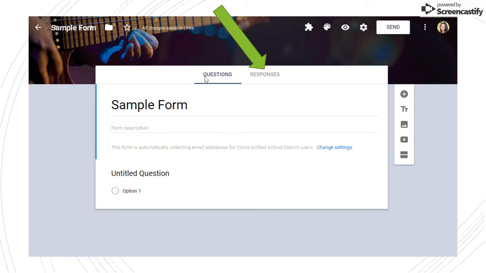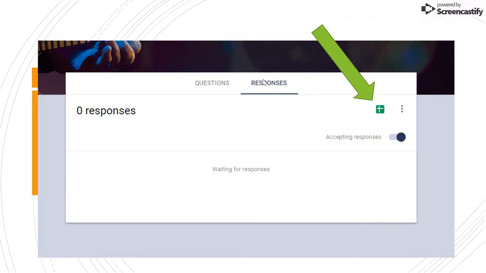Right up here at the top, you'll notice how it says questions and it says responses. If you want to wait until the very end to choose this, it's up to you. I just want to emphasize that your answers need to be stored somewhere. So at some point in the process, it is important that you come over here to responses and that you choose this green box right here, because without making this selection, your responses will not be saved in